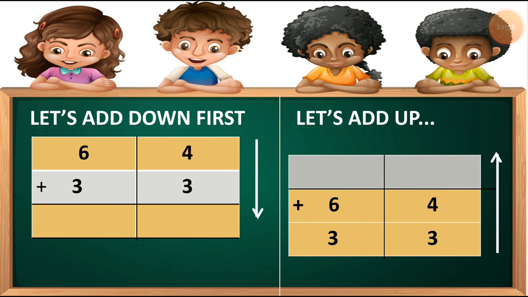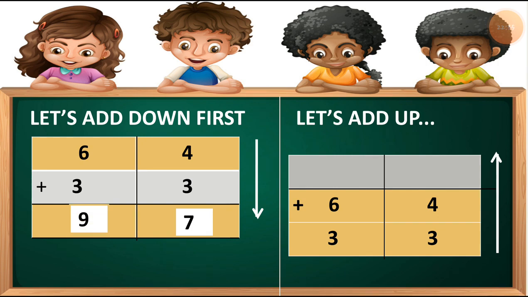The next one, which is 64 plus 33. I repeat this, 64 plus 33. In this, the ones column is 4 plus 3. So students, 4 plus 3 is equal to 7. So I write number 7 at the ones column. Then let's move to the tens column, which is 6 plus 3. So students, at the tens column, 6 plus 3 is equal to 9. So here is our answer, 97.